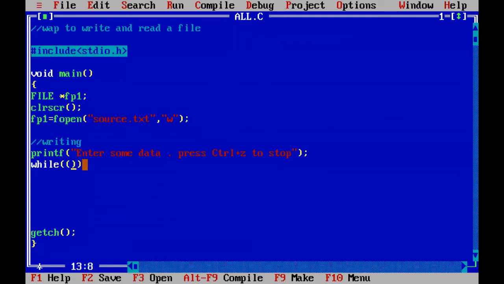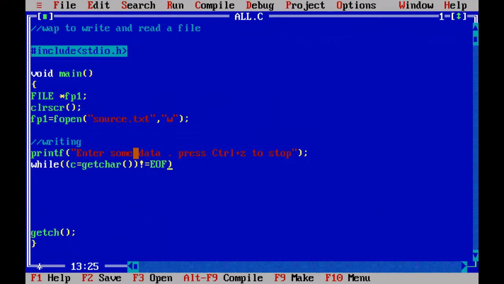So whenever the user is entering one character, to capture one character from the keyboard, we have one function, the getchar function. getchar will read one character from the keyboard, whatever the user is entering. The same character it will return to the left side, that we will store into c. And that same character which is stored into c is compared with the end of file character EOF.